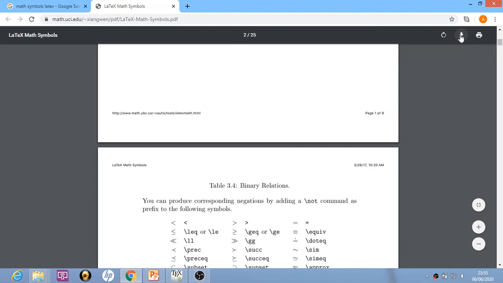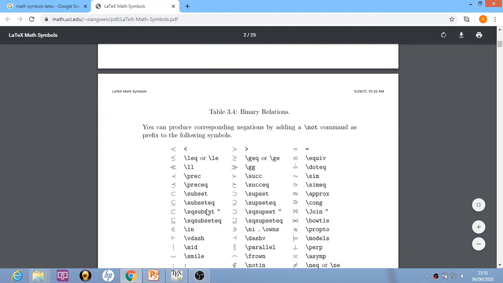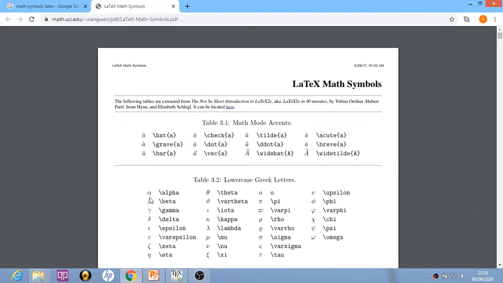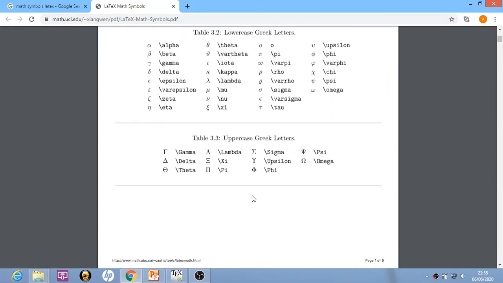You can download this PDF and use any tag and include that symbol in your LaTeX document, like we have included alpha, beta, gamma, theta. Likewise you can use these tags and include these symbols in your LaTeX document.